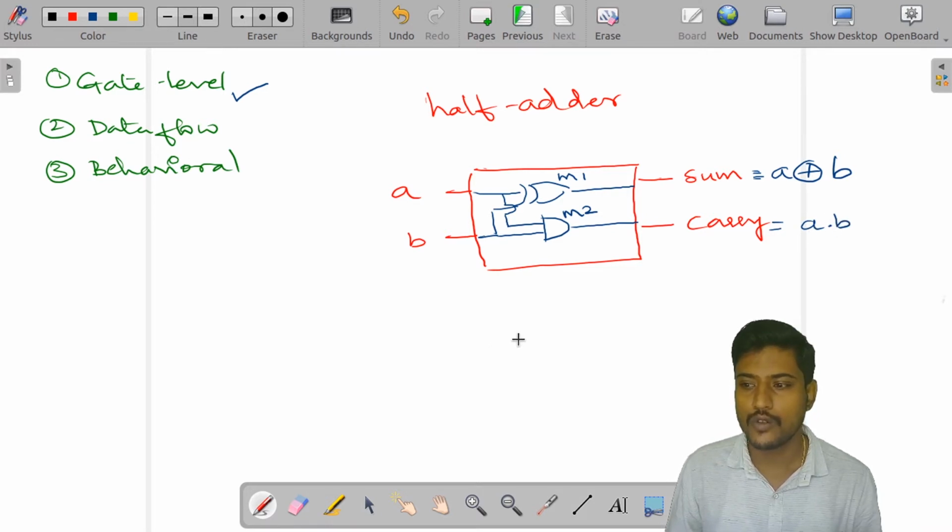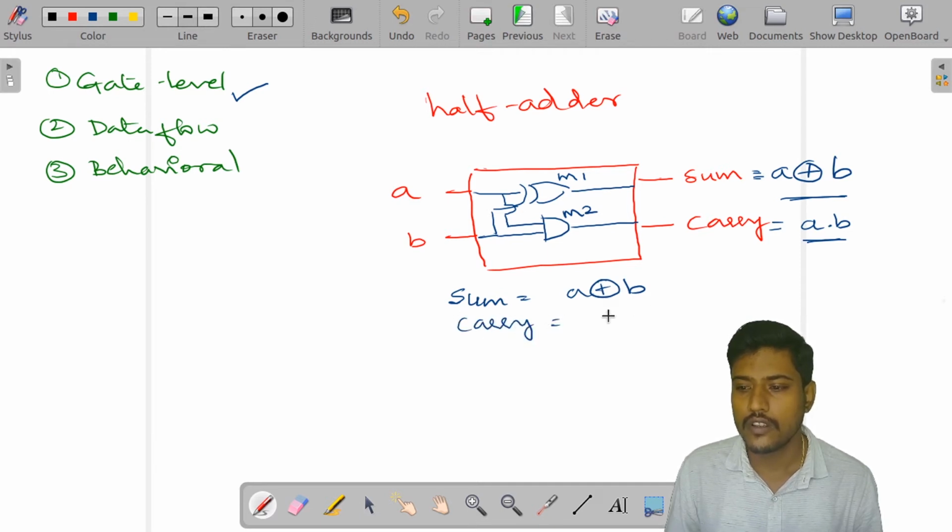So I can simply write sum is equal to A XOR B, and carry is equal to A dot B, or A and B.